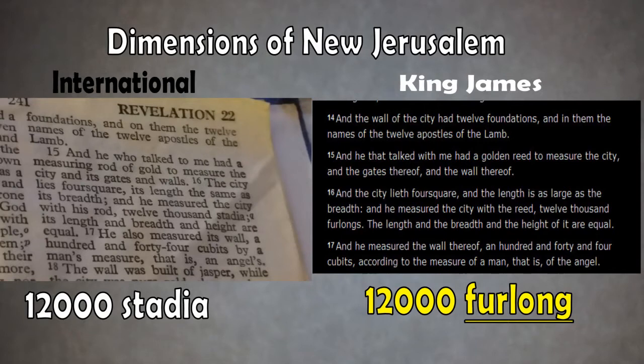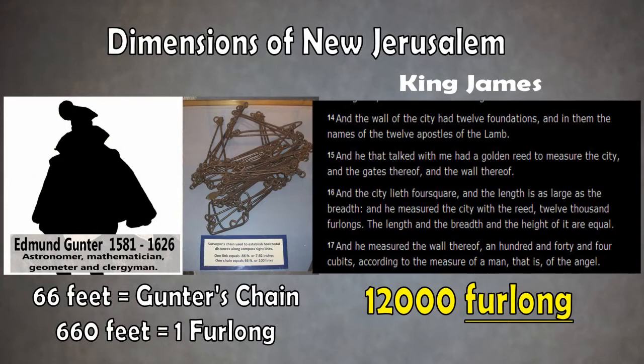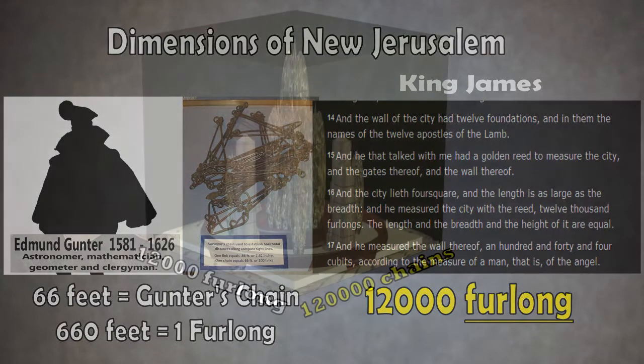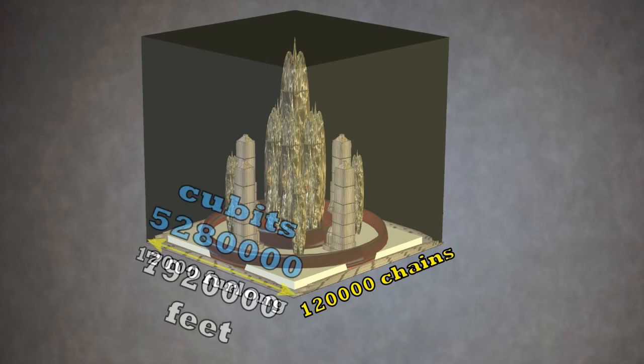The stadia is 1 furlong essentially, but there are different versions of it. But we know with the King James Bible and with the work of Francis Bacon and others of the time that it's been defined as 12,000 furlong. We know exactly what a furlong is because of Gunter's chain, only a short few decades before, that became the measure, and 66 feet or 660 feet is 1 furlong now. So therefore 12,000 furlong is 120,000 chain. But that's interesting also because it converts to 5,280,000, 5 to 8 cubits, or